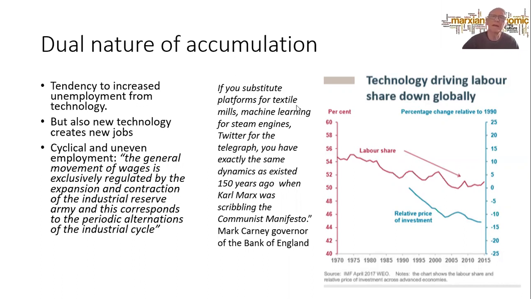And if you look at the right-hand graph here, you can see in the recent period since the 1970s in the UK, the share in total production that goes to the labour force in wages and compensation has been declining from around 55% in the 1970s down to about 50% five years ago. So there's no increase in the share that labour is getting from the increase in productivity and the increase in the accumulation of capital. Quite the reverse, there's a decline.